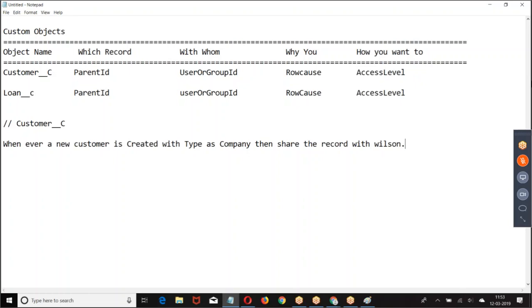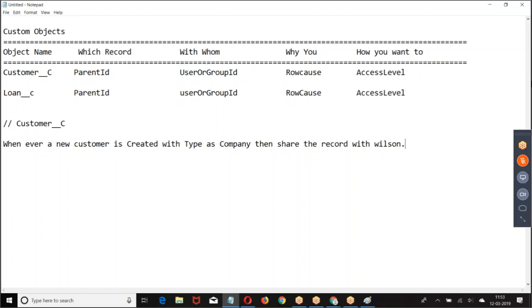Hi Satish. Yes. When we create this custom object, that time this share object is also created internally. Exactly. When you create a custom object, along with the custom object, a share object will be created internally.